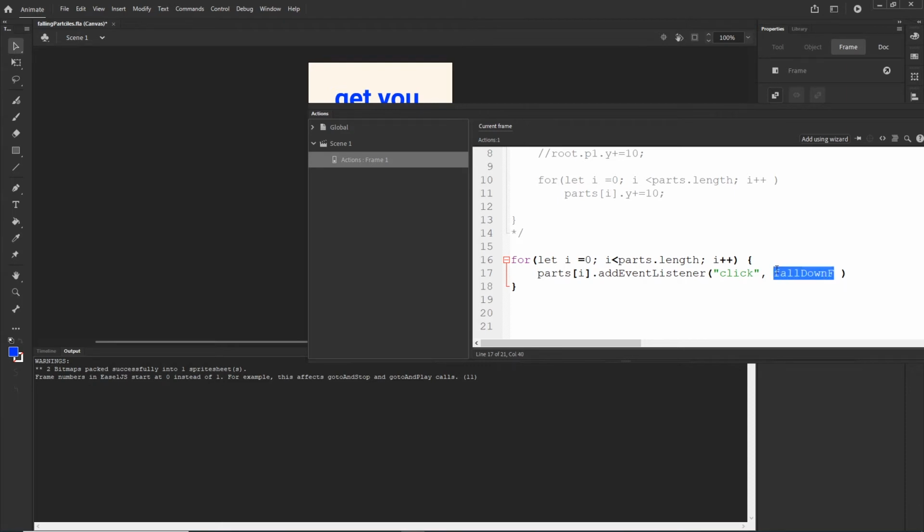So I will copy the name of the function, and still in the for loop. So don't go outside of the for loop, because you can use this I only inside of this loop, not outside of the loop. So in here I will create the fall down function, and I will have to write the function name. So function fall down,